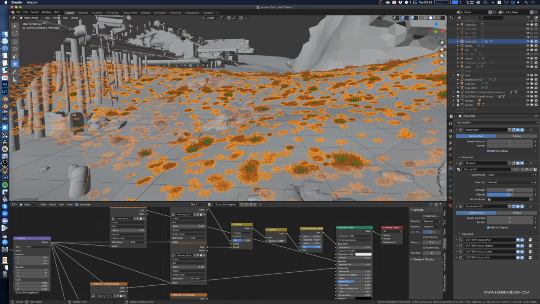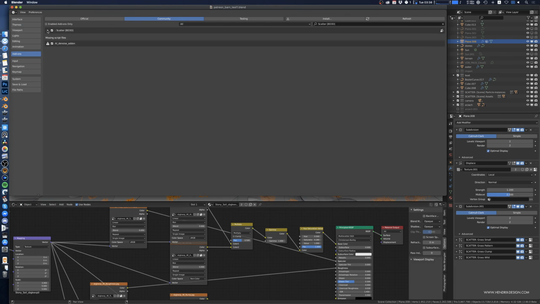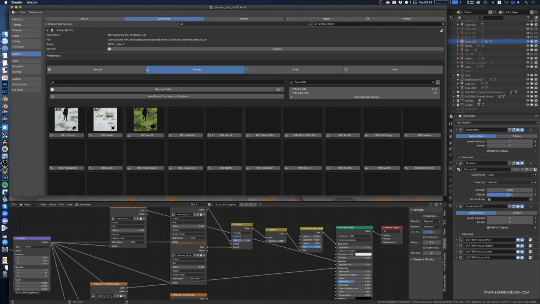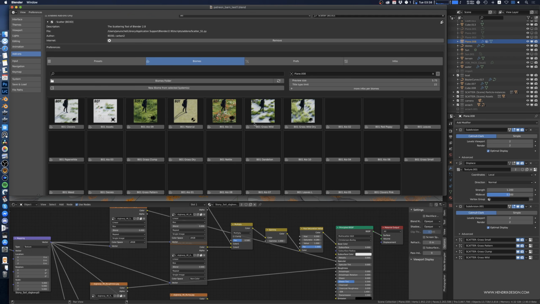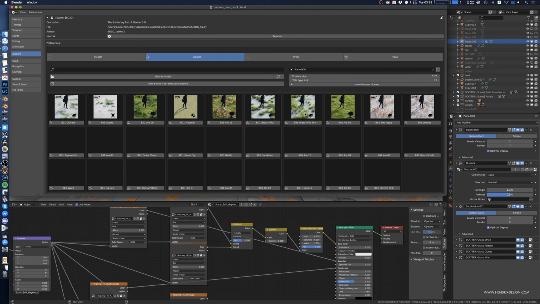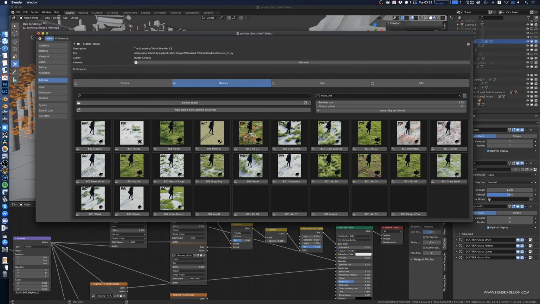You get a little scatter interface here, which lets you very quickly choose from a variety of different biomes, meaning environments for the kind of grass you're looking for, different kinds of patterns, different flowers, many different kinds that you can apply here. And then just with a click of a button, you can